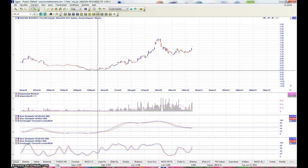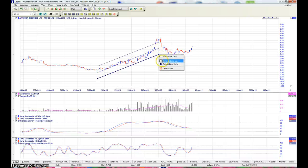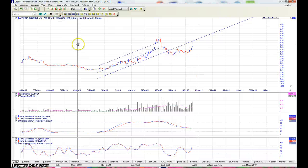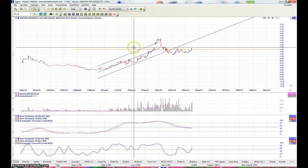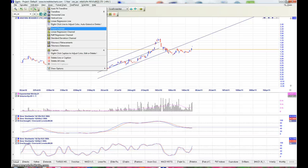It's had this move up to here, and then it's broken down. Let's see if we can draw a bit of a resistance line there that it's broken back above. What's that look like? A double bottom, nearly? We've got